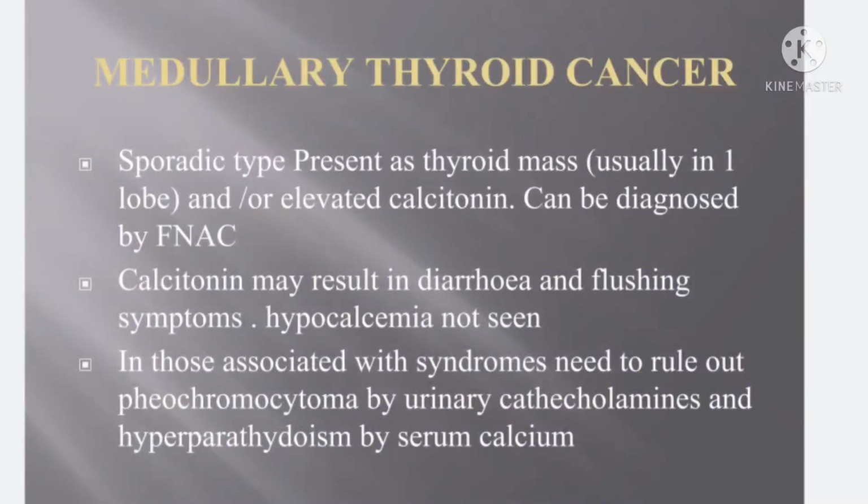Sometimes in advanced stages, the patient may present with diarrhea and flushing-like symptoms. In about 20 to 25% of the patients, the medullary thyroid cancer will be part of a syndrome. So the patient may present with medullary thyroid cancer, or with other diseases of this syndrome, like episodic hypertension associated with severe headache, which is suggestive of pheochromocytoma, or with hypercalcemia because of hyperparathyroidism, again because of these syndromes.